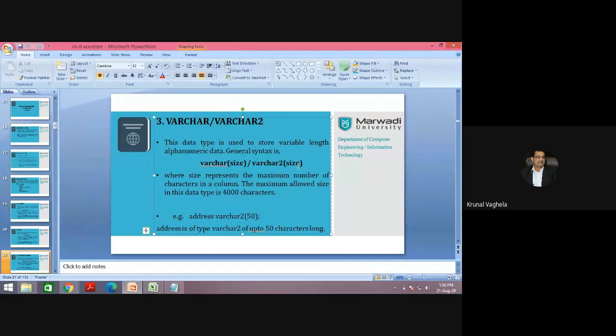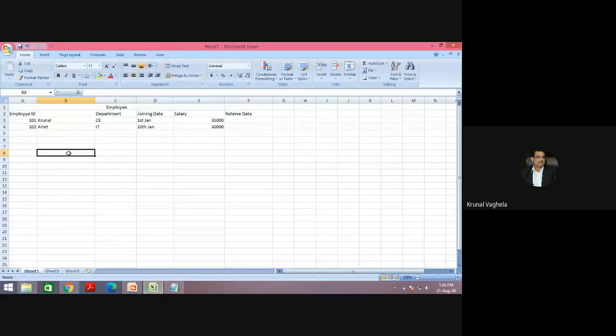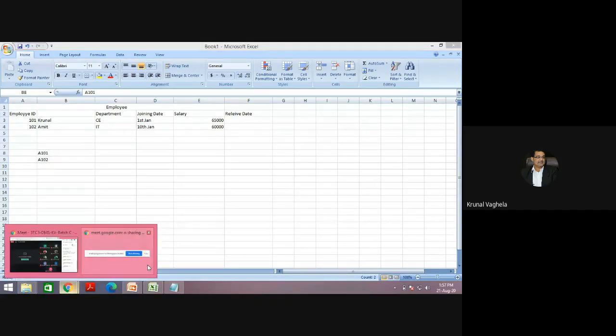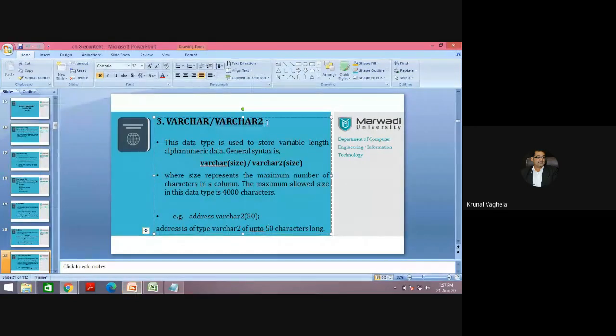For example, in character you cannot store numbers, and in number you cannot store characters. But to store alphanumeric data, such as a bank account number starting with A101, A102, you can use the varchar2 data type, like address varchar2(50). You can store an address up to length 50, and the limit is 4000 characters.